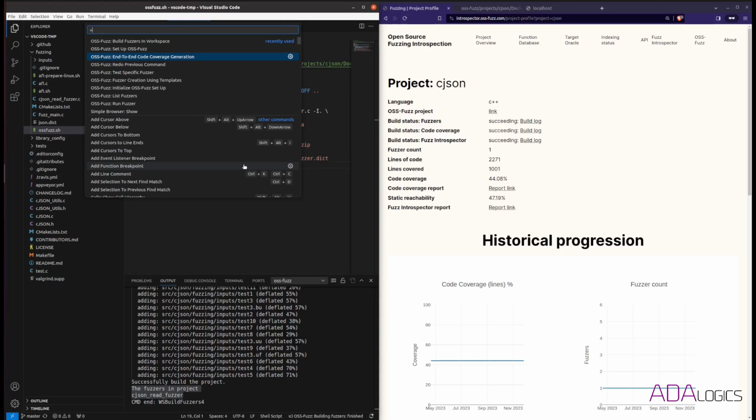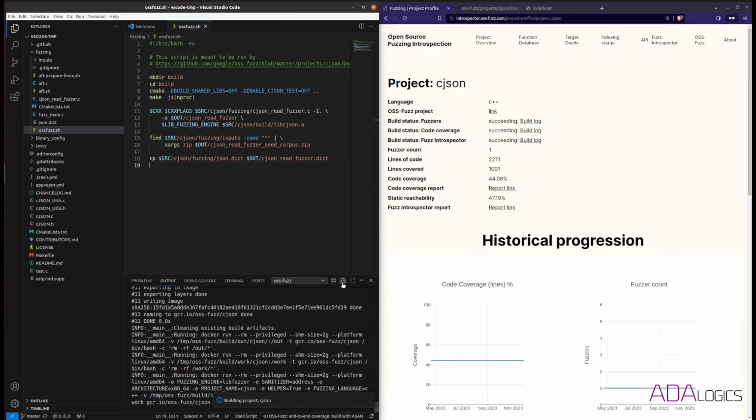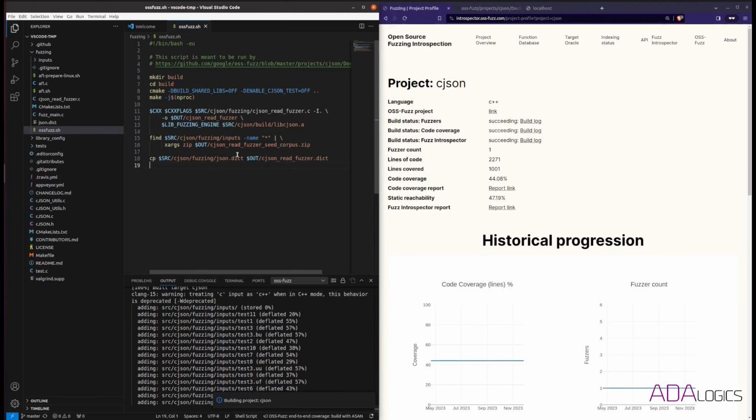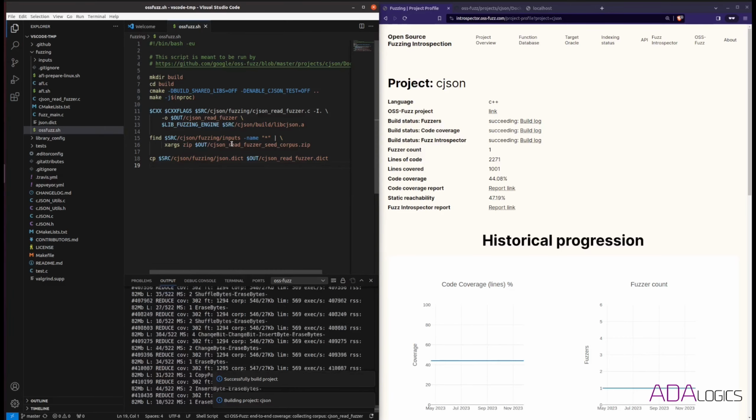So we ask for end-to-end coverage generation, and we give the project name as well. Then we give the number of seconds that the fuzzer should run to collect the corpus. Let's just give 10 seconds now. Now what the VS Code plugin will do is build all of the fuzzers of cJSON using async mode, and then run each of these fuzzers for 10 seconds, collect the corpus,